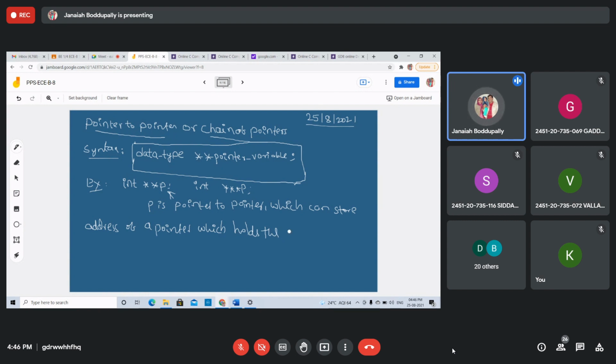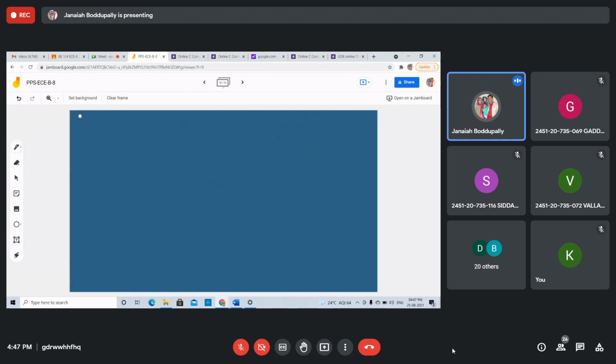It holds the address of an int variable or float variable or any data variable. So p is a pointer to pointer which can store the address of a pointer, and this pointer holds the address of a data variable or float variable, whatever. Right? I will explain in one example program. You will get clear. Right?